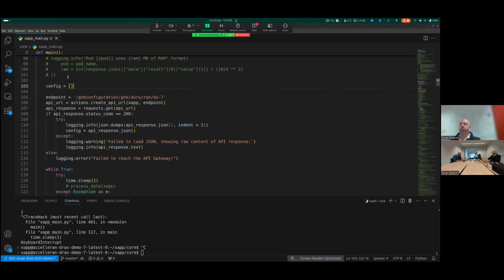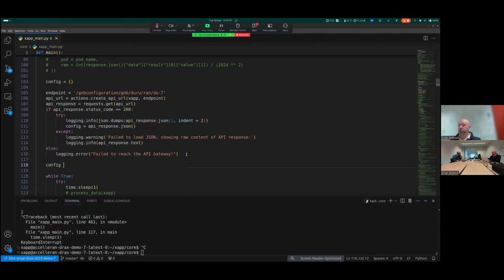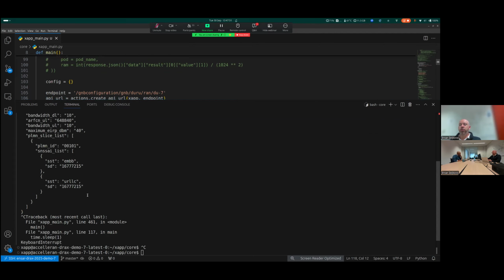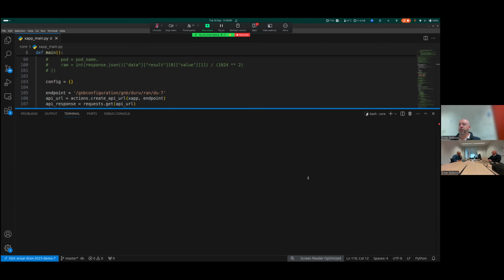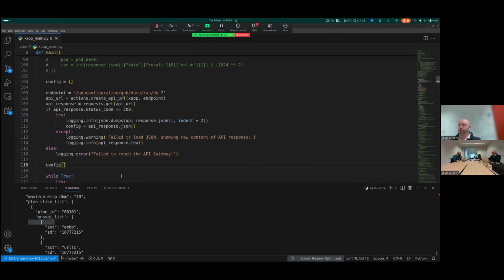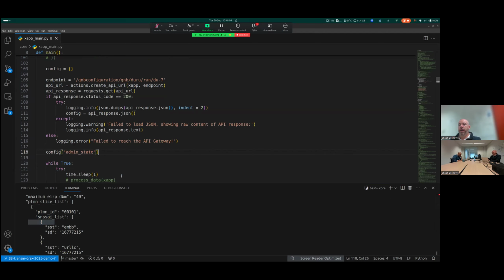We'll make it a dictionary, so we'll store the response JSON that's coming into this config. And once we do that, we access config. Because it's a dictionary, we just need to access the right key. As you see, the admin state key is a root key, so I can directly access it right in the dictionary. So if I copy this, I can go to config, admin state equals to, and then unlocked.